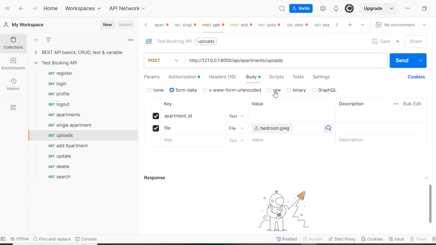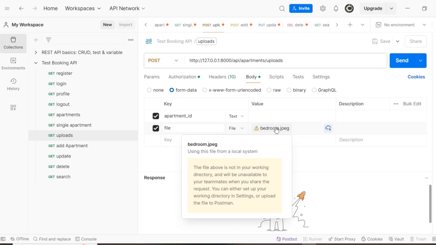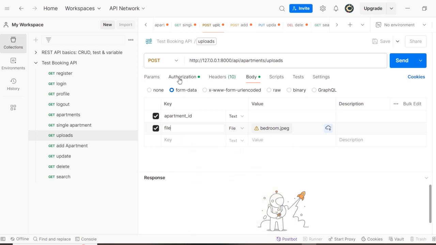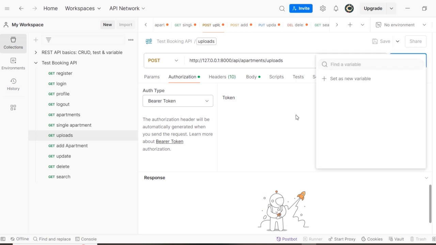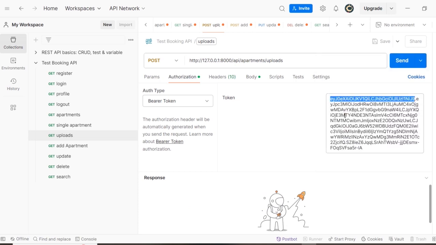So using the form data, you need the apartment ID and the file to upload. Okay, so ensure you also add your access token,